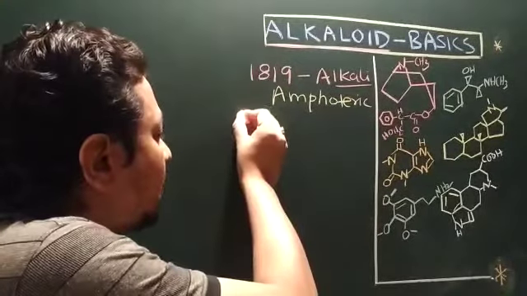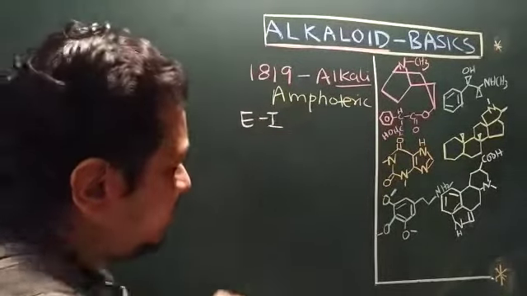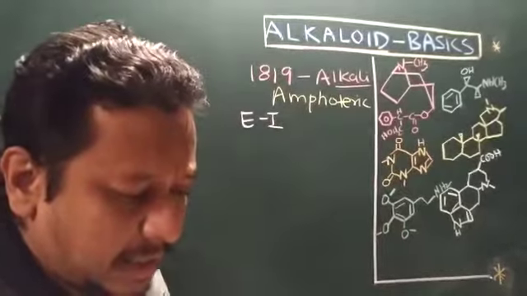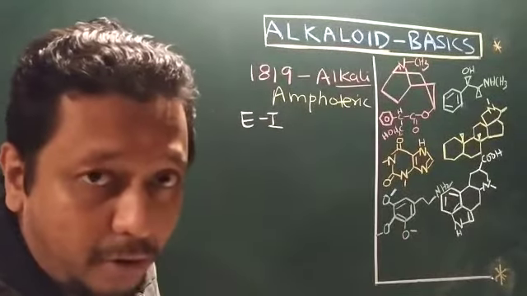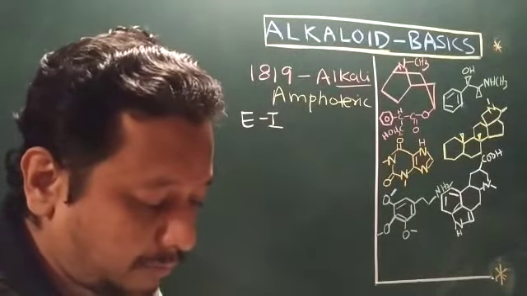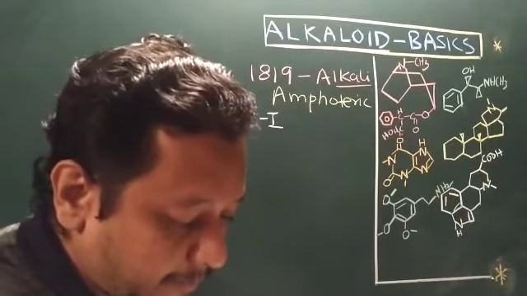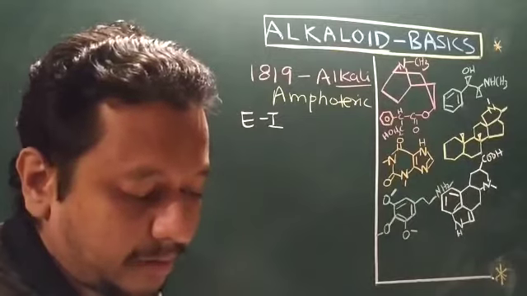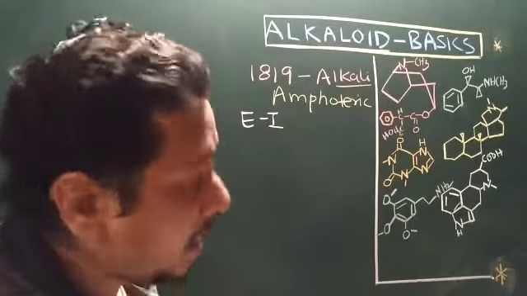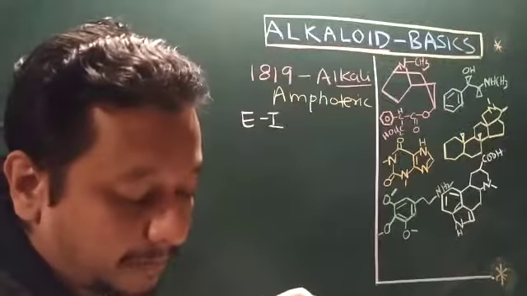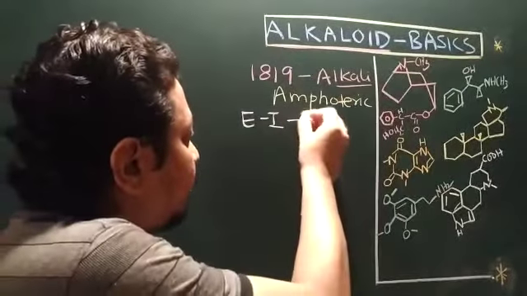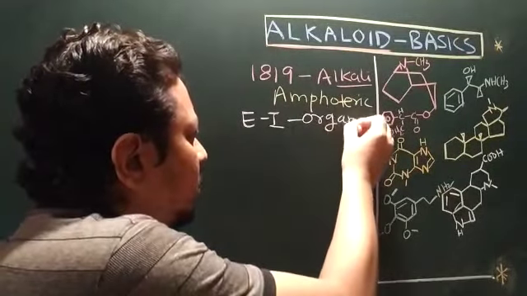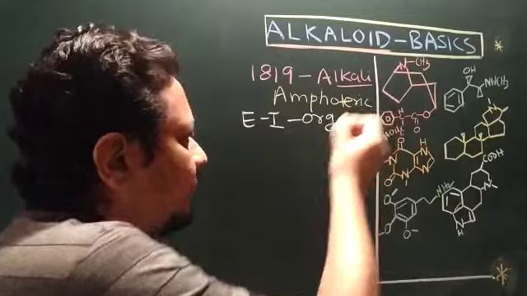When you're talking about extraction number one, since alkaloids are weak bases, they can be found in the free form or they can be found in the form of salt. So we treat the alkaloidal powder with alkali to liberate the free base and then extract with an organic solvent. So this is extraction type 1. So first we have to generate